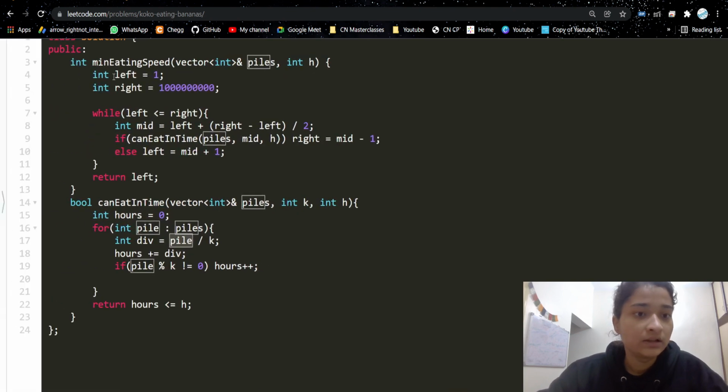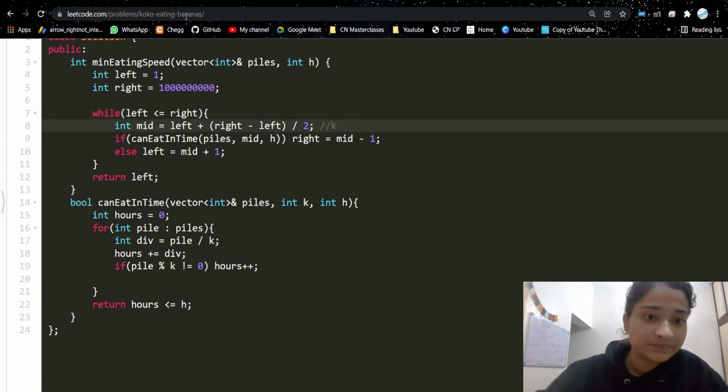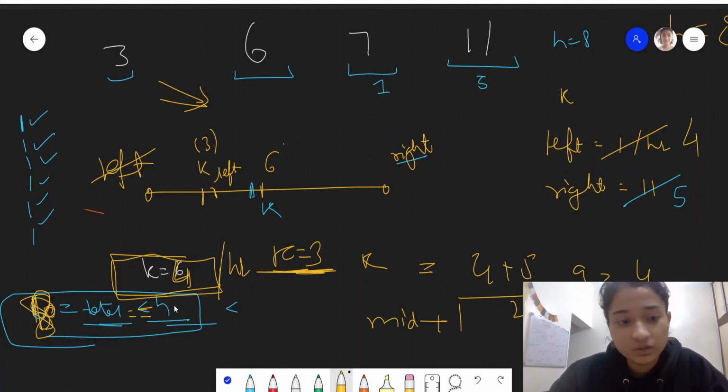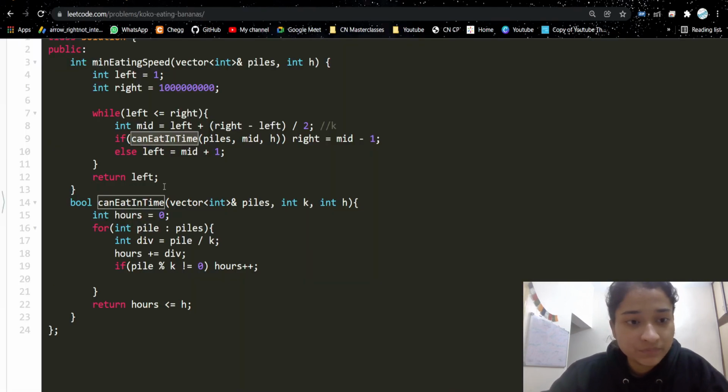So see, left we have taken as 1, and right you can take a big value, anything you can take. While left is less than right, we will find mid. This is our k value, right? Can eat in time, this is a function which will tell us whether total is less than h or total is greater than h, right?